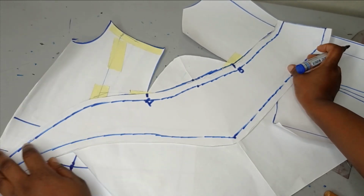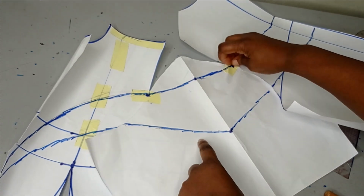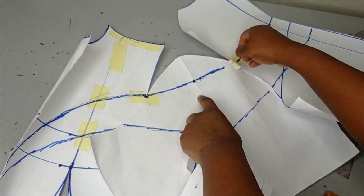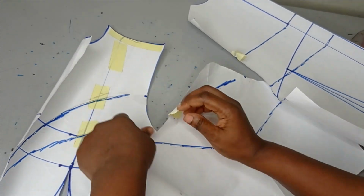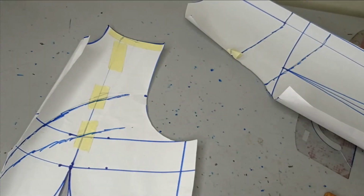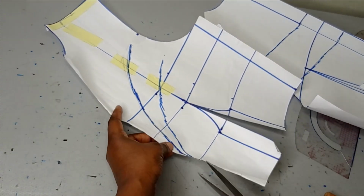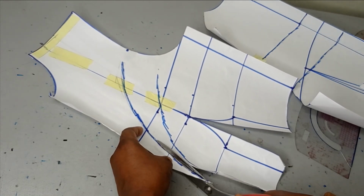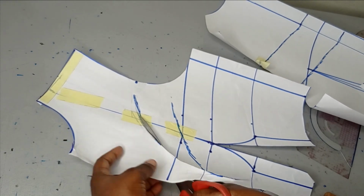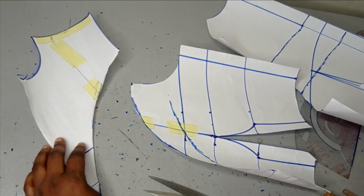So after noting all this now, I'm going to bring it out, and then I'll detach my sleeve from my center front and from my front and back, so that I can cut out my yoke. Okay, so now I have this. Now using my scissors, I'm going to cut this out. So this upper part becomes my yoke, and I'm going to be cutting that with a net fabric for my front. Okay, so this is the yoke,